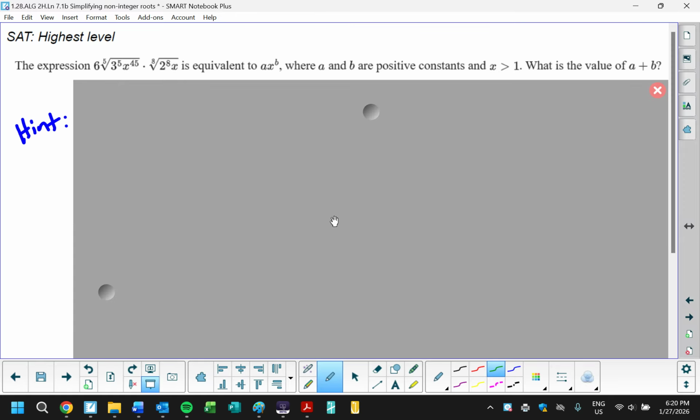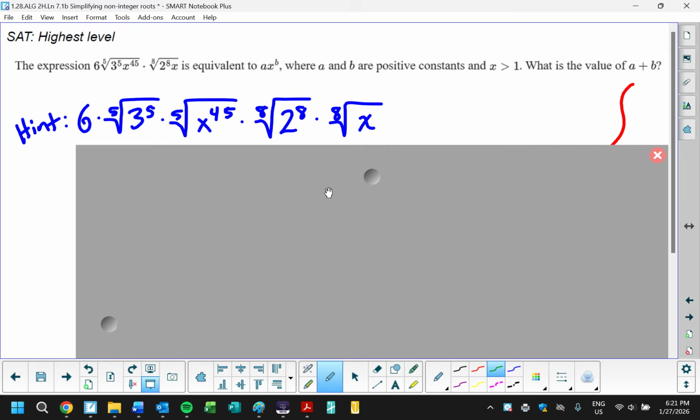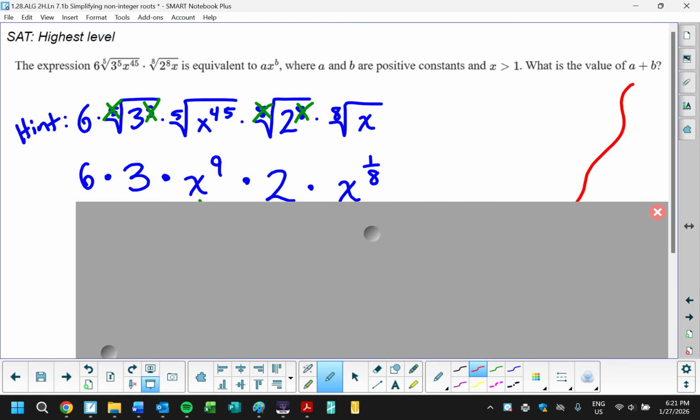So if we were to rewrite the full expression and simply split it up into different pieces, you could see we could have 6 multiplied by the 5th root of 3 to the 5th, multiplied by the 5th root of x to the 45th, etc., etc. But one very nice part about splitting this up is that a power and a root are inverse operations. So you can then rewrite this as the product of 6 times 3 times x to the 5th, x to the 9th,